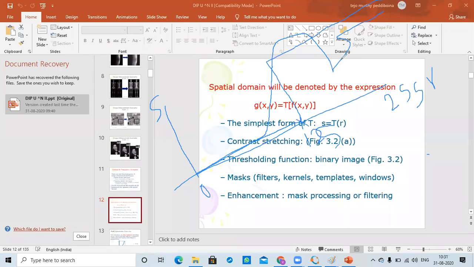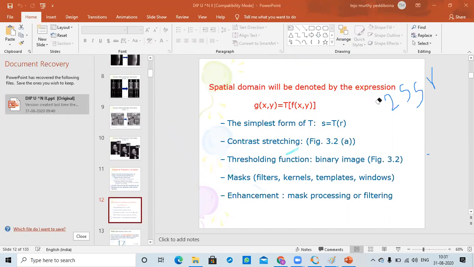Like this also I can do, right? So thresholding produces a binary image, and there will be masks also.